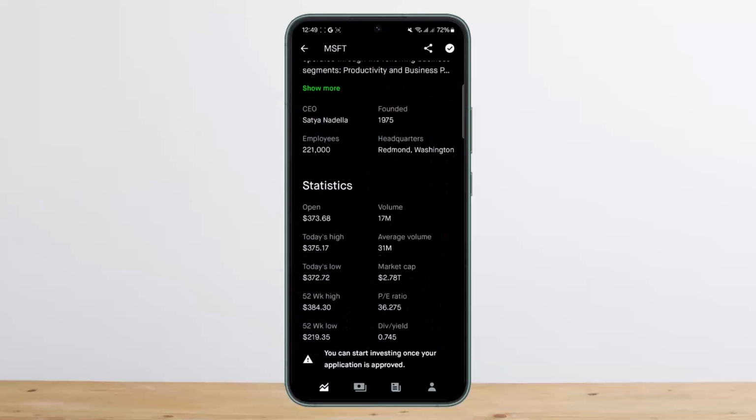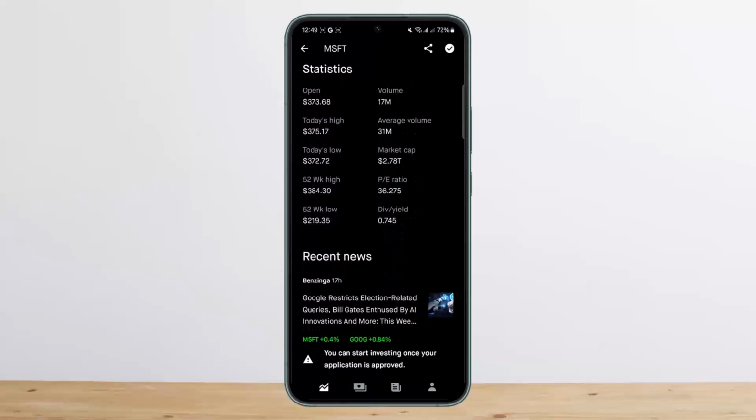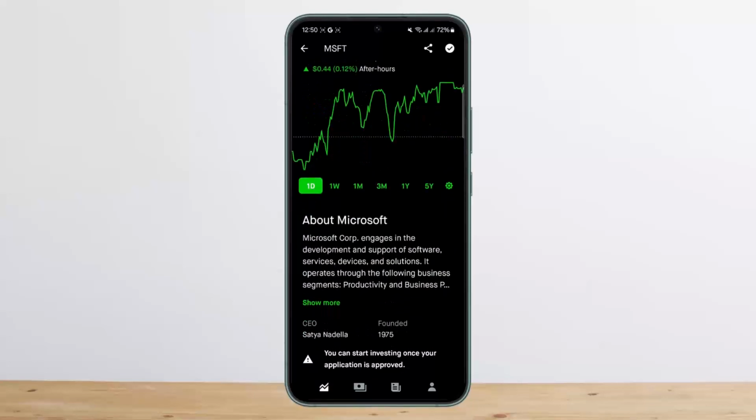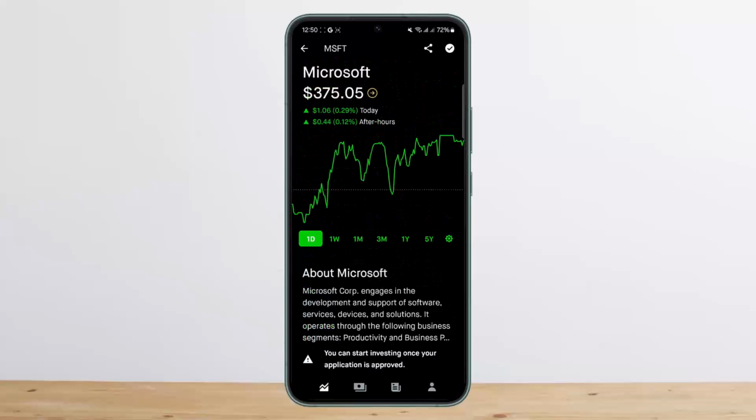Now in my case I don't have the trade option because my account isn't verified, so you can see you can start investing there. What you want to do is tap on the trade option, and there you can see the buy and sell options. You want to simply tap on sell, and under sell select the dollars option. At the top right you'll find the arrow down button, so you want to tap on it, and then select the